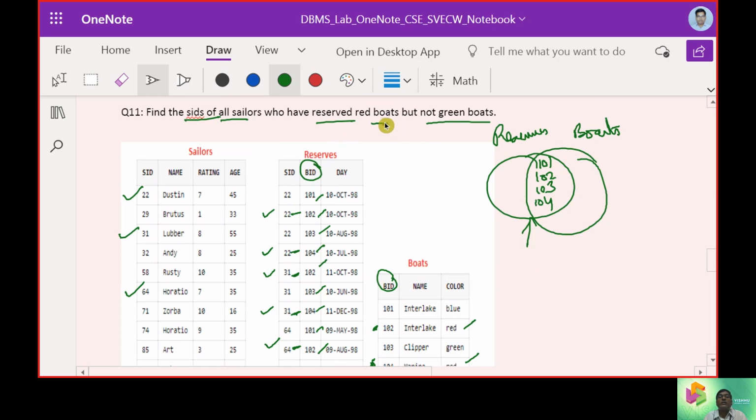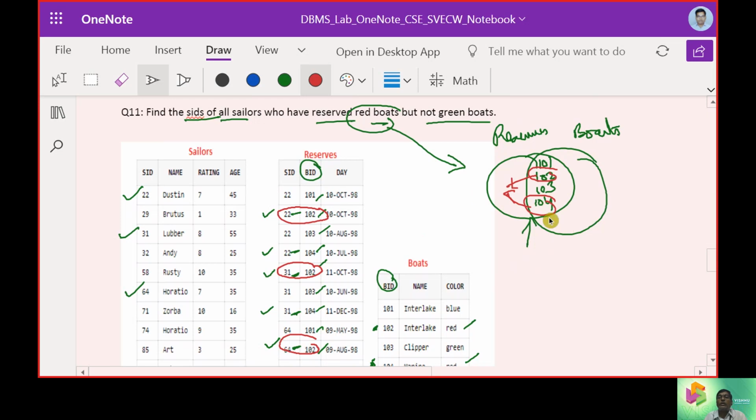But the condition was who has reserved a red boat. So from this we have to choose the red boat here. That is, we have to choose 102 and we have to choose 104. So the red boat is staying with SID 22, 31 and it is choosing 64.